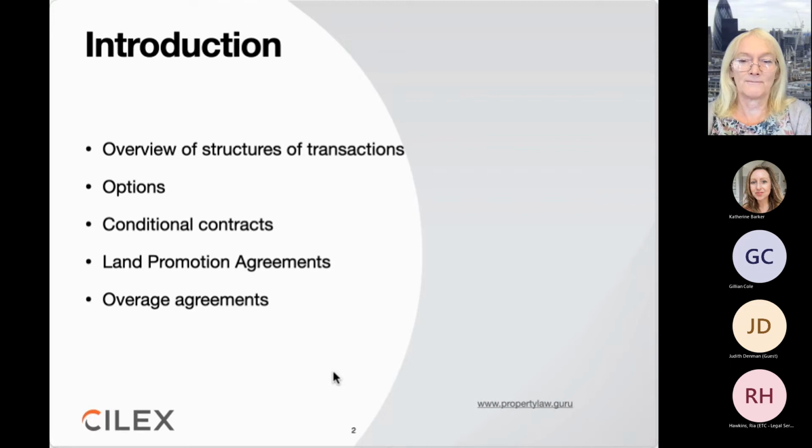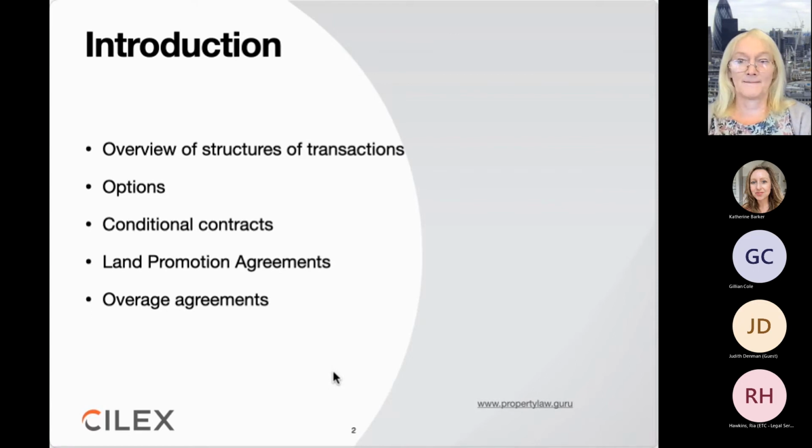And there'll have to be lots and lots of meetings where they both sit down and agree what's going to be applied for, who's going to be the buyer, how much is going to be paid for, who are the consultants. So it's more of a partnership agreement or a roadmap, as we'll look at later, than an agreement where the seller just sits back and waits for the money to roll in, hopefully in a couple of years, and the builder does all the work. Now, does anyone have any questions on that? But it's absolutely vital that you understand the differences between options, conditional contracts, and land promotion agreements in concept.